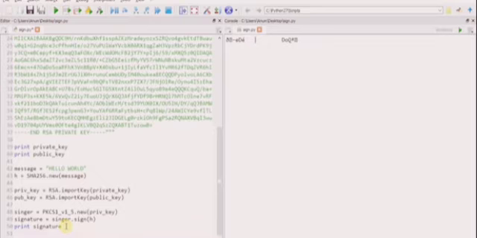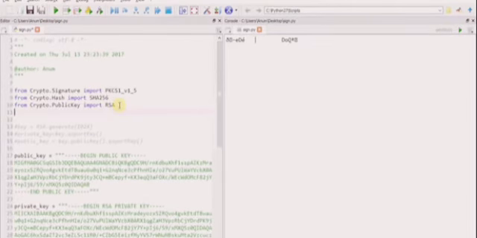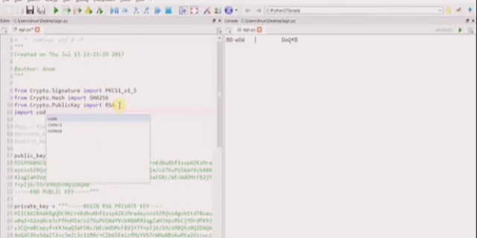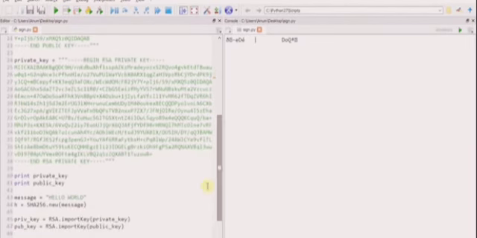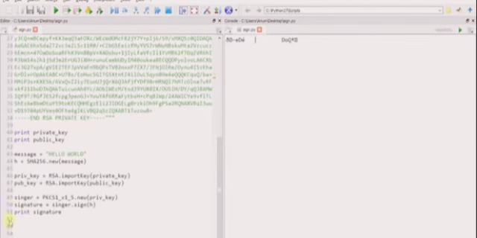So it's giving me some random kind of ASCII characters, but we are going to make it something more readable so that we can give that signature to the JavaScript code as well. For that, we are going to convert this signature into hexadecimal form. So first of all, we are going to import codecs, and we are going to convert this into hexadecimal form. So we'll say hexify